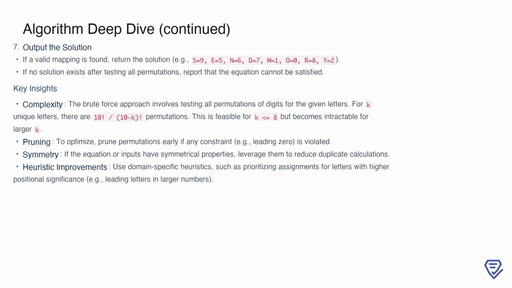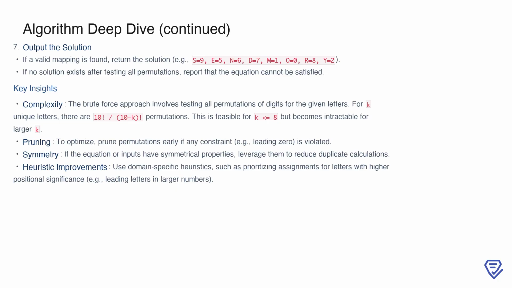When a valid mapping is found, we output the solution. For example, the solution could look like S equals 9, E equals 5, N equals 6, D equals 7, M equals 1, O equals 0, R equals 8, Y equals 2. This mapping satisfies the equation send plus more equals money. However, if no solution exists after testing all permutations, we terminate the process and report that the equation cannot be